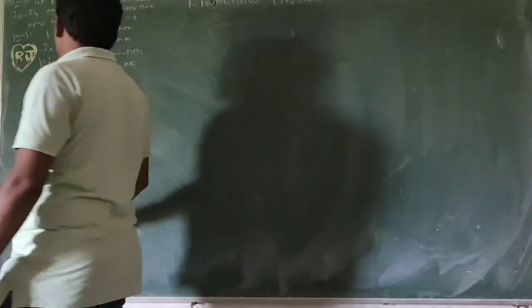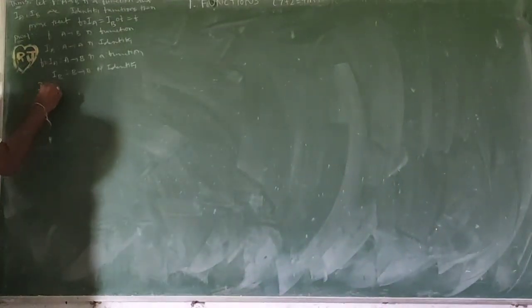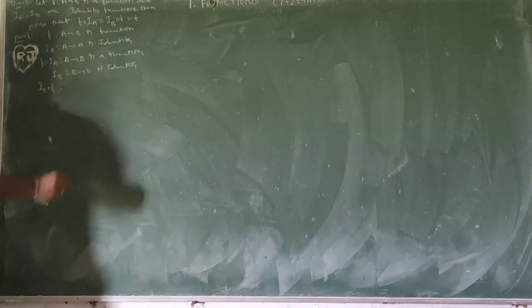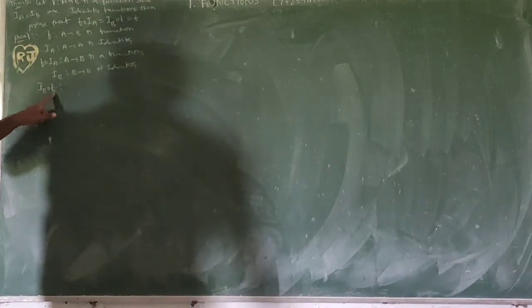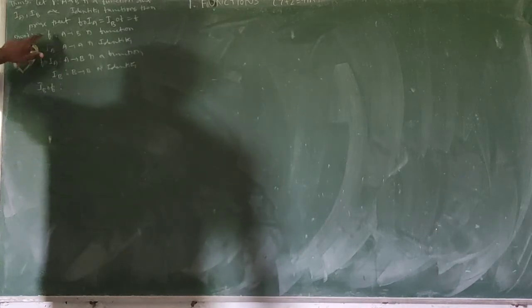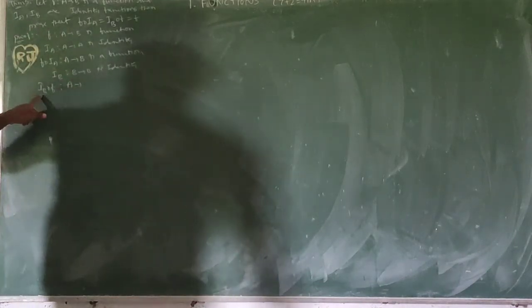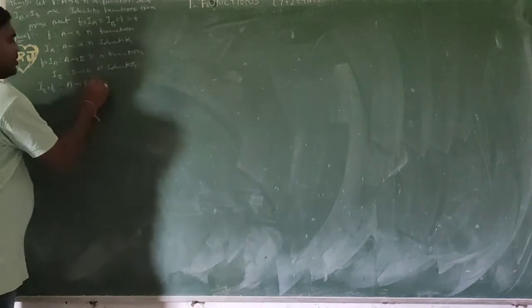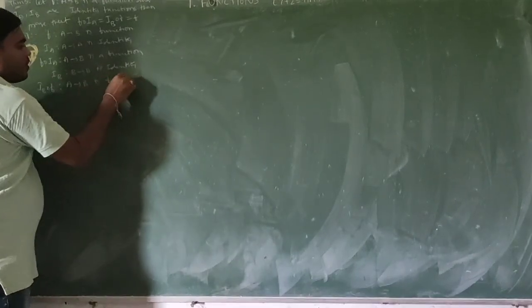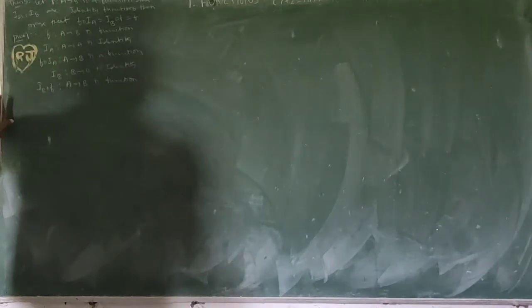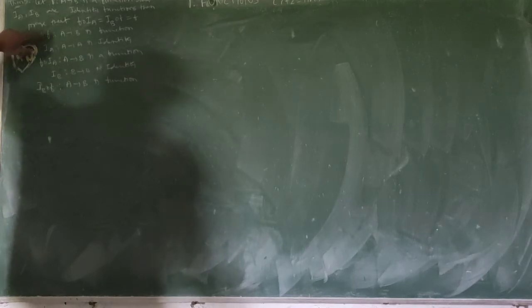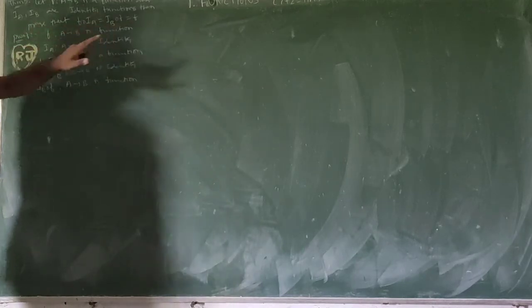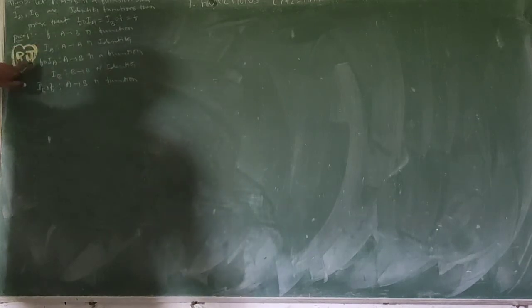Next, IB circle f. In this, IB first, f second. Second domain, second f domain A. First IB codomain B. So IB circle f from A to B is a function. IB circle f from A to B is a function. Okay, these two are functions. So we need to prove f circle IA equal to IB circle f equal to f. So f circle IA, IB circle f, all are mappings from A to B.